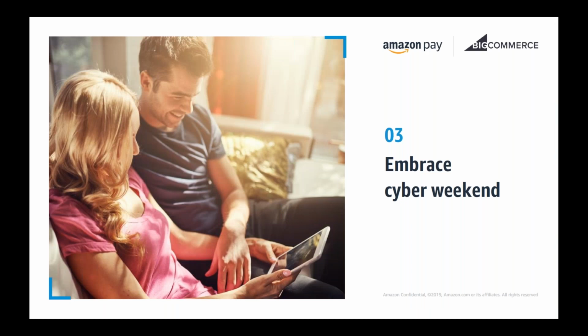Tip number 3 of 10, embrace Cyber Weekend. Cyber Weekend is arguably the busiest 4 days of the year for retail, and this period can prove to be your golden ticket to driving sales. While Black Friday and Cyber Monday often receive the most buzz, don't forget to embrace Small Business Saturday. A survey found that 6 out of 10 people plan to shop small online during Small Business Saturday last year, and even 40% of consumers said they would shop with a small retailer